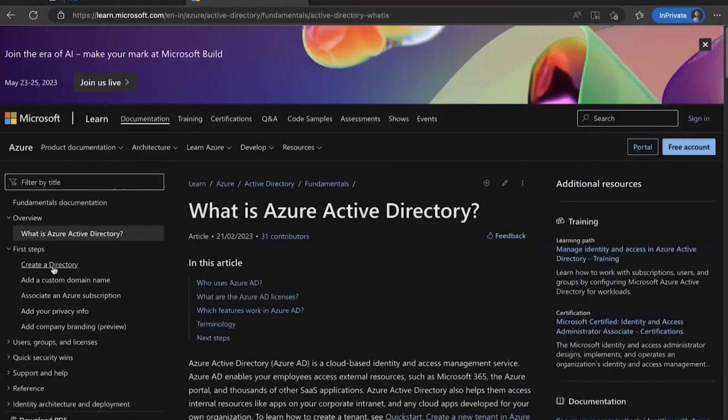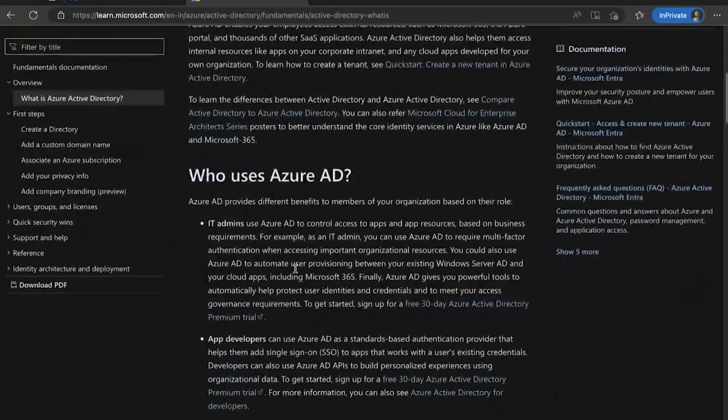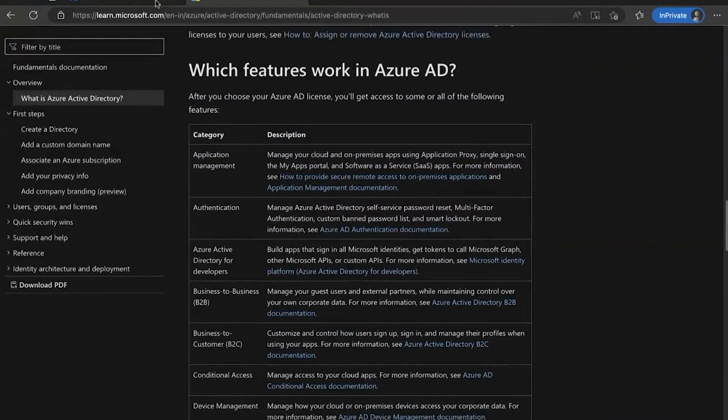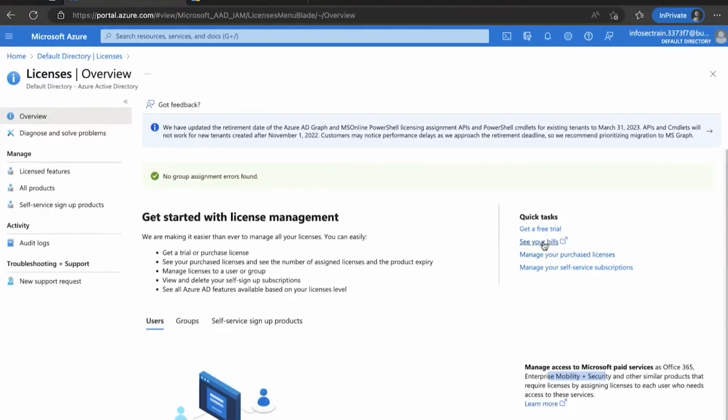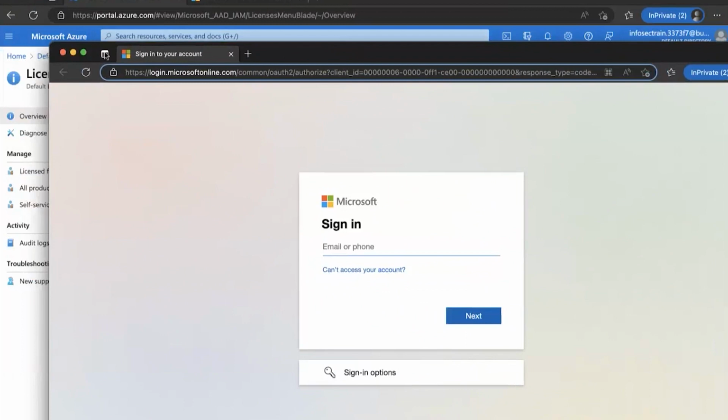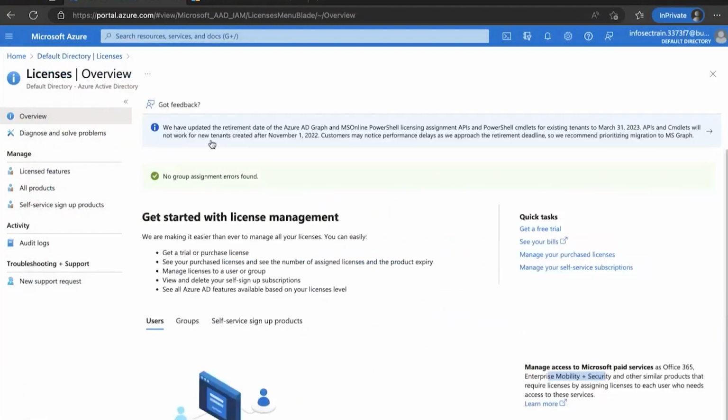Creating a directory, how things are going to work, the licenses, the different links, pricing, everything will be here, along with the different services that can be helpful.